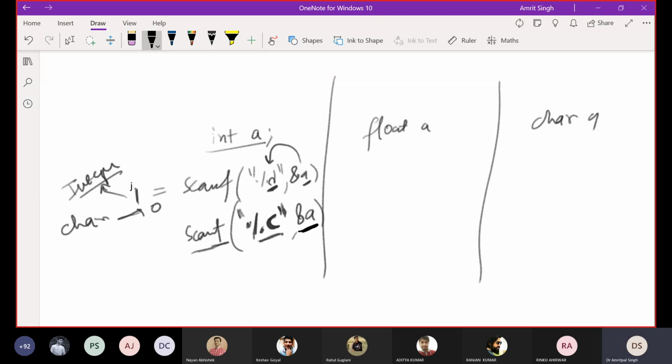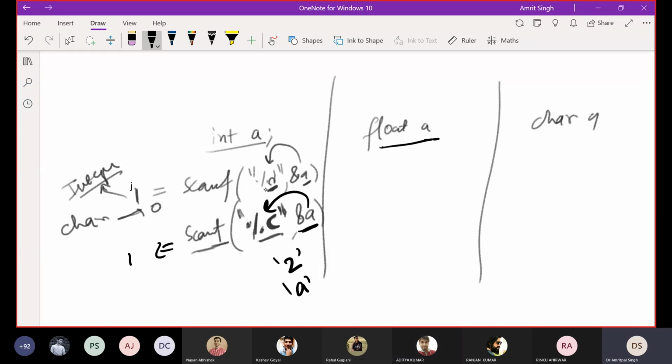Okay, let's say if you are entering here 2, it is treating 2 as a character. If you are entering here a, it is now converting. Now when you enter anything, it is going to return you 1. Similar issue with float.